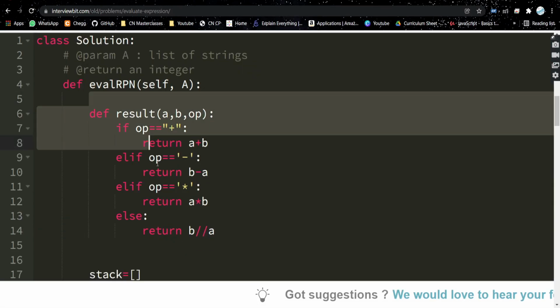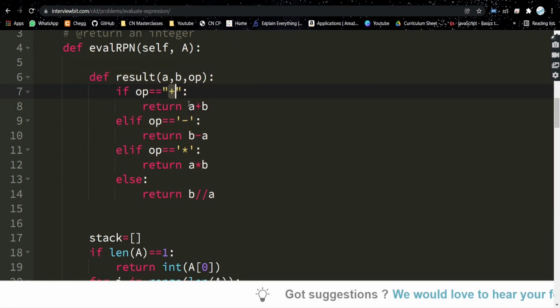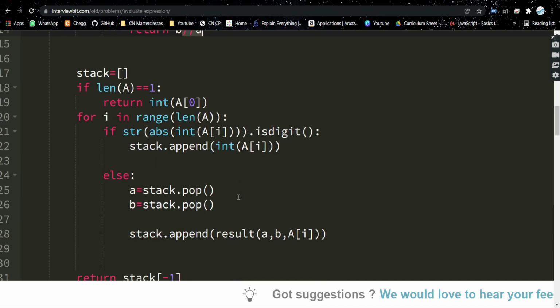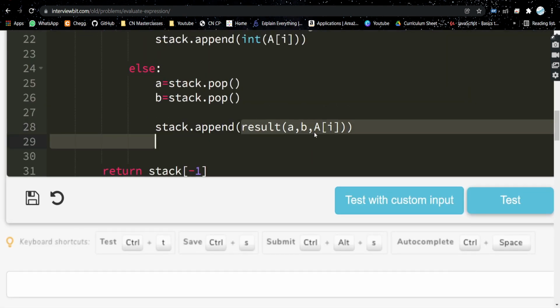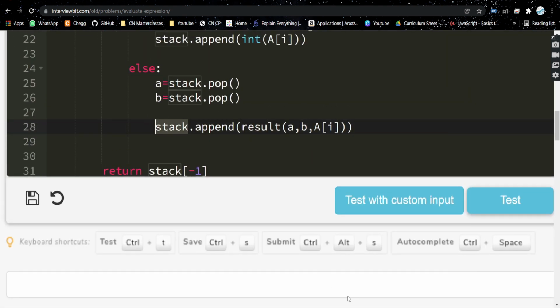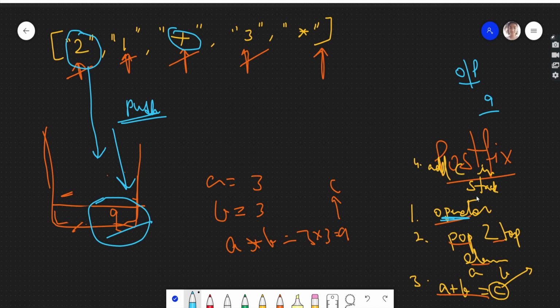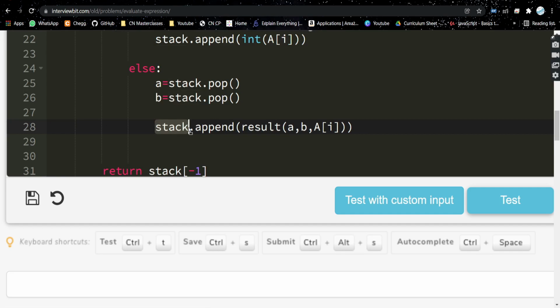In this function, if the operator is plus, just add A plus B. Similarly, minus, multiplication and division. The result we get, we simply add into the stack again. So we add C in the stack, and at last we simply return the last element in the stack.